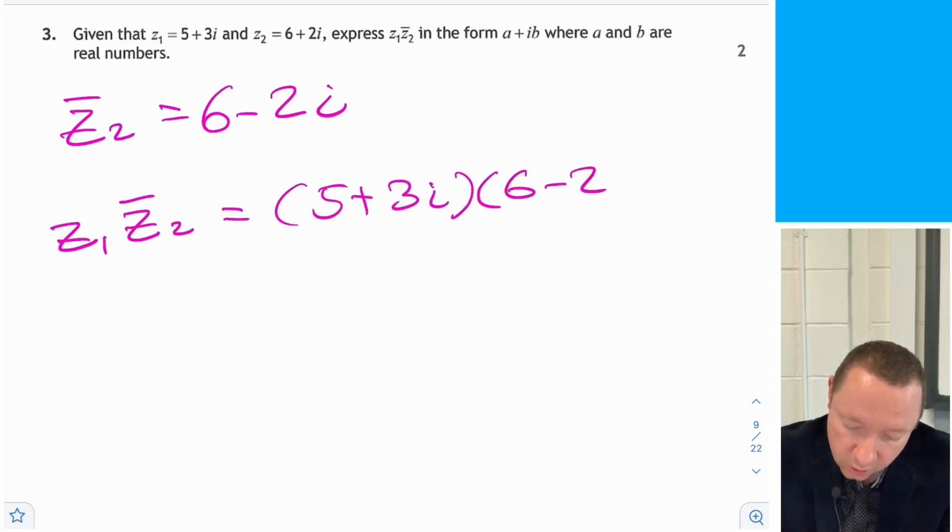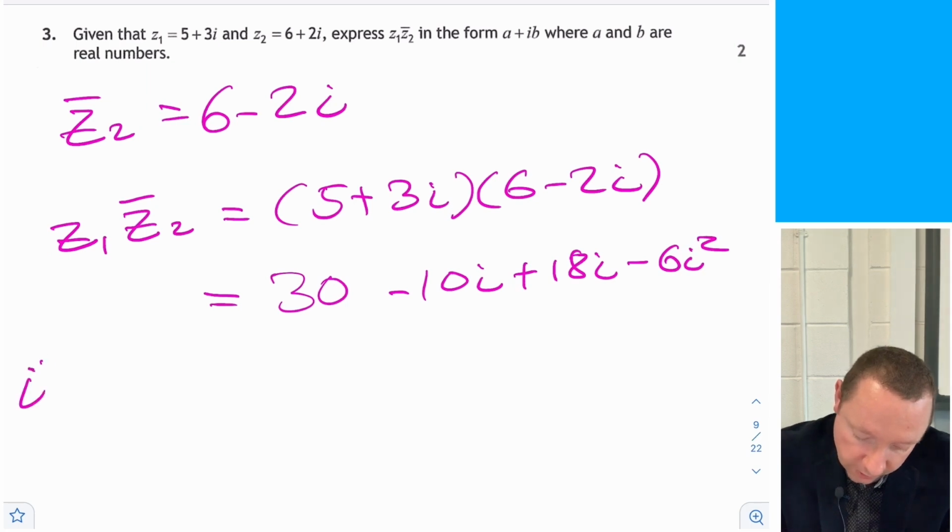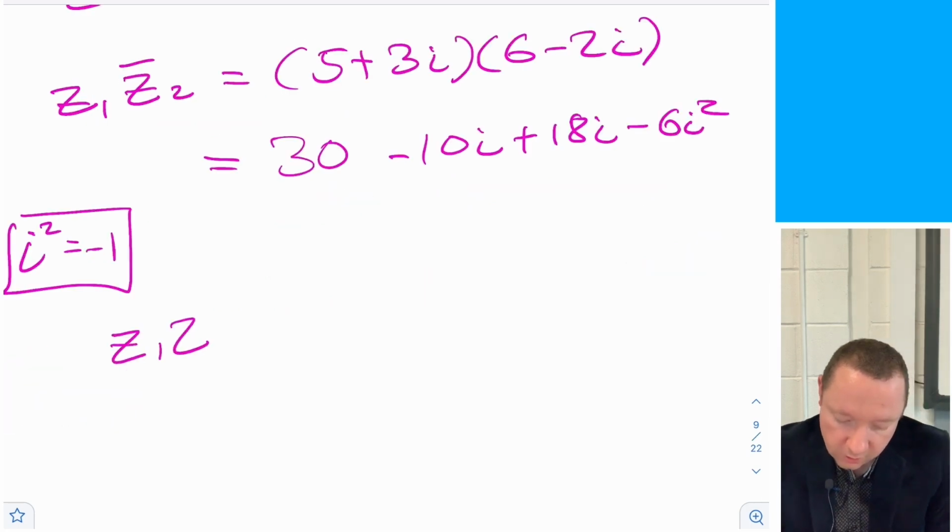6 minus 2i, expanding the bracket, so we get 30 minus 10i plus 18i minus 6i squared. But remember, i squared equals minus 1. So z1, z2 bar